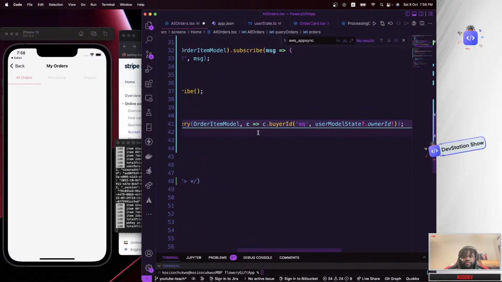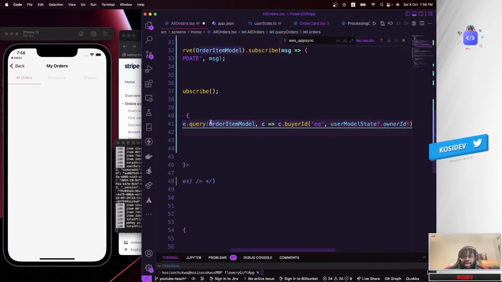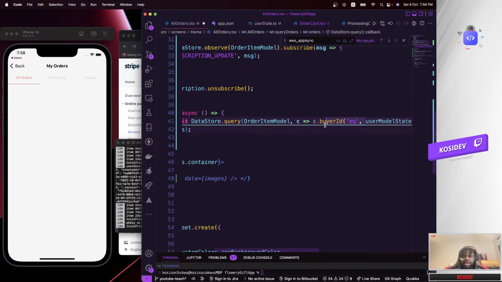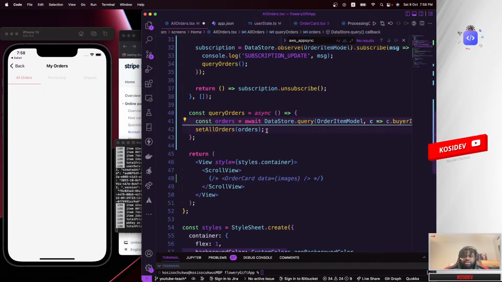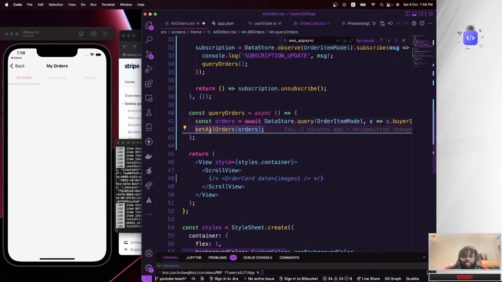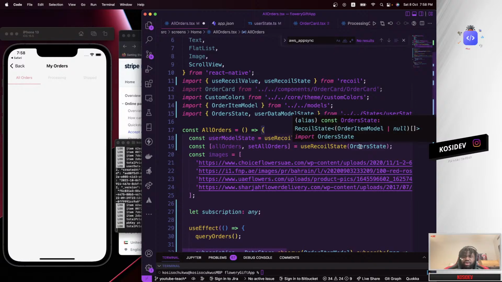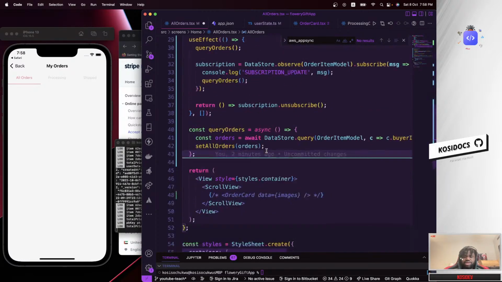We are getting hold of that, which is of type order item model, and we are passing a predicate. We are saying c, where buyer ID equals the current user in our app. So we are getting all the orders that the current user made, and we are passing them into set orders, which is inside our React state.